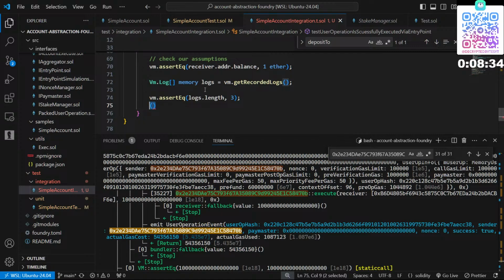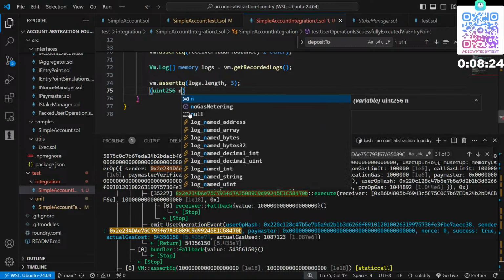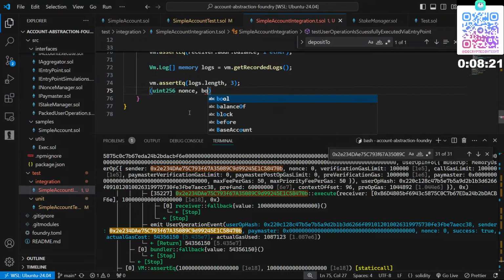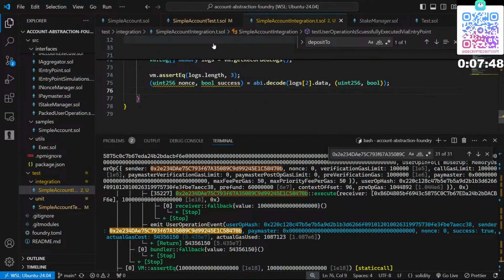All the entries that are in here, we can decode using abi.decode. So uint256 nonce and bool success equal to abi.decode, logs index 2 data, and then we'll pass the tuple which is uint256 and boolean. And then we'll assert that